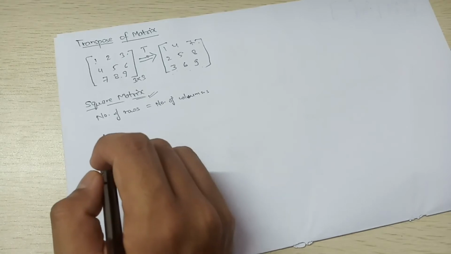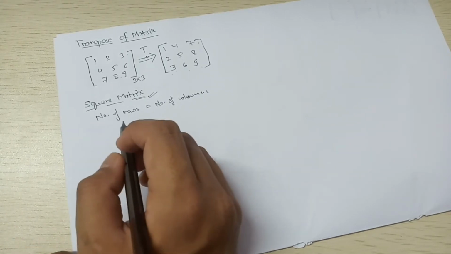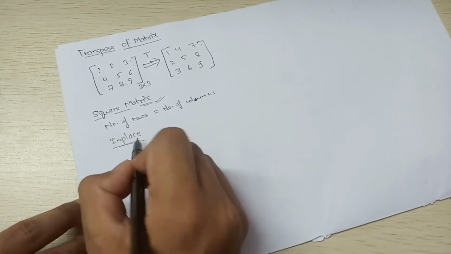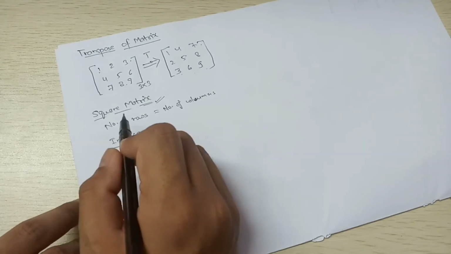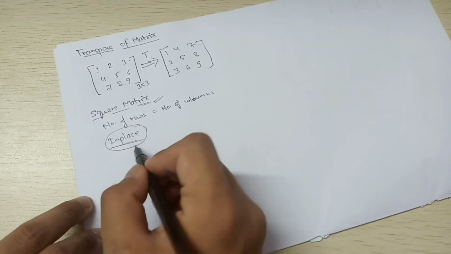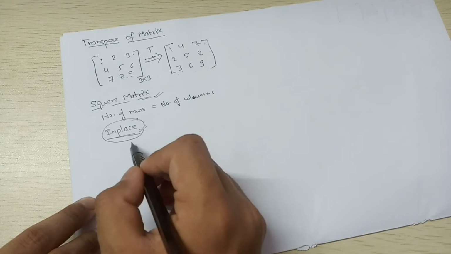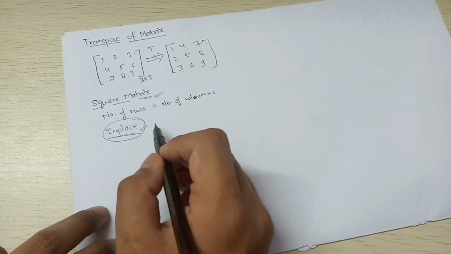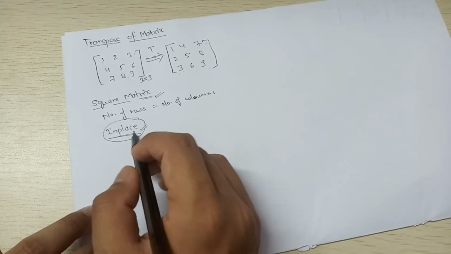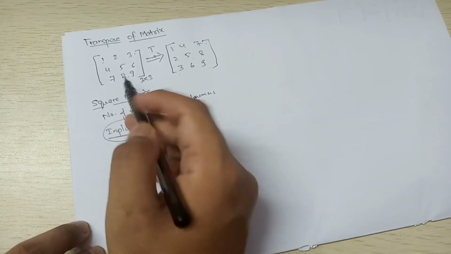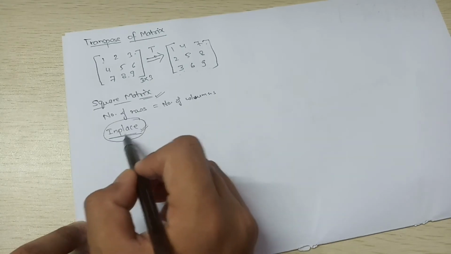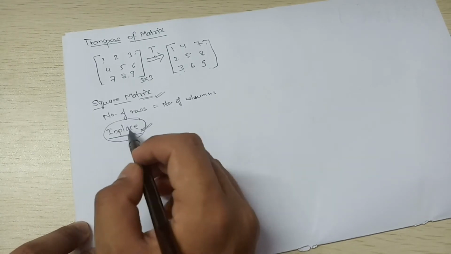Now the solution which we are going to see is in place. When you solve a question based on an array, either one dimensional, two dimensional, or any sort of array, you come across this keyword in place. In place means that when we solve the question, we do not take an extra array. We have to perform everything on the same array that is given to us. We do not take extra space. That is known as in place. So we are going to see the in place solution.